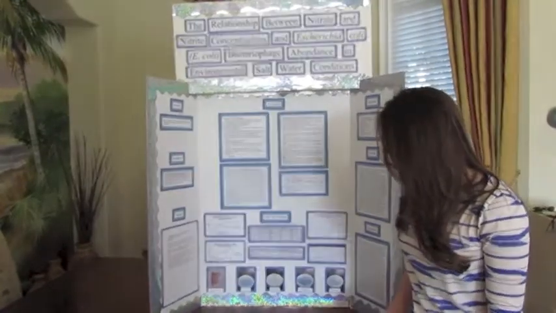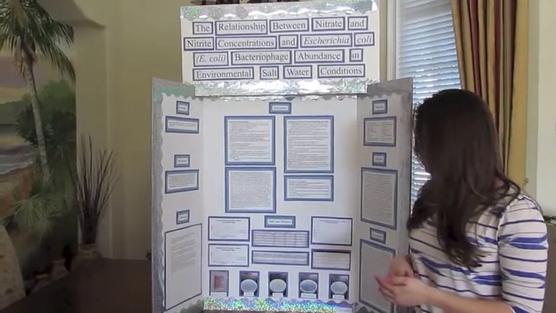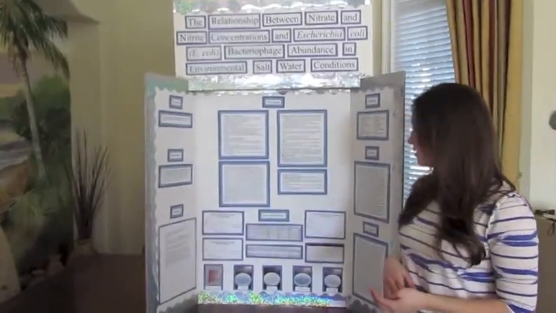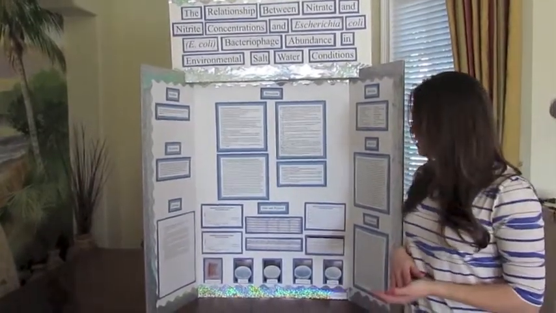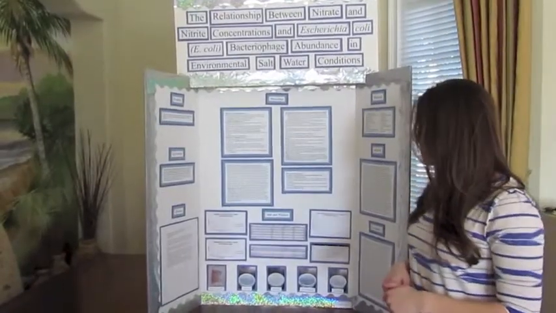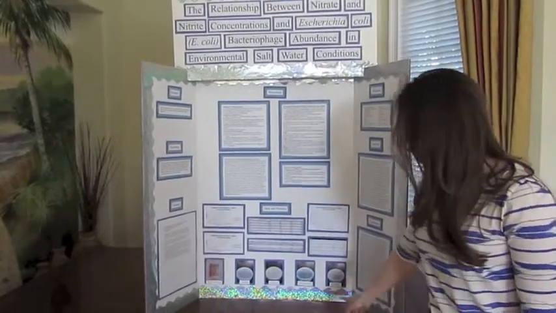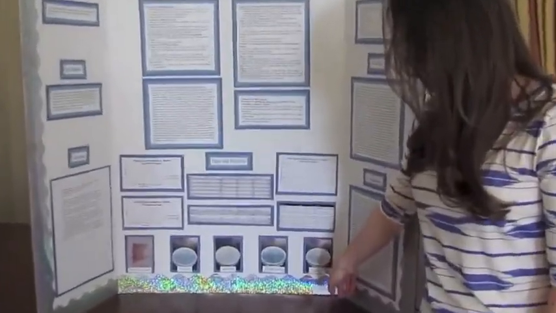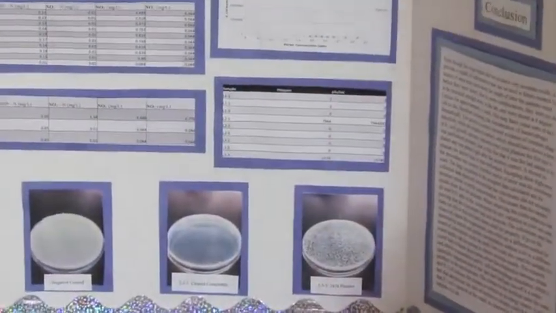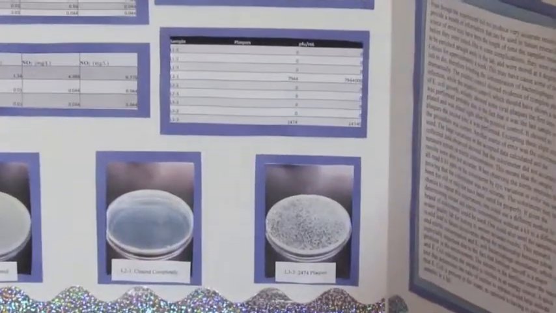For each of our samples, we took 3 from each location. In L1, which was inside the canal, we didn't have any plaques on any of the plates that we plated. In L2, which was at the mouth of the canal, we had 1 sample that had around 8 million plaque-forming units per milliliter, which you can see in this picture here. It has lots of plaques that we had to count. And L3 was in the Bay Area, and that also had 1 sample that had plaque-forming units per milliliter,